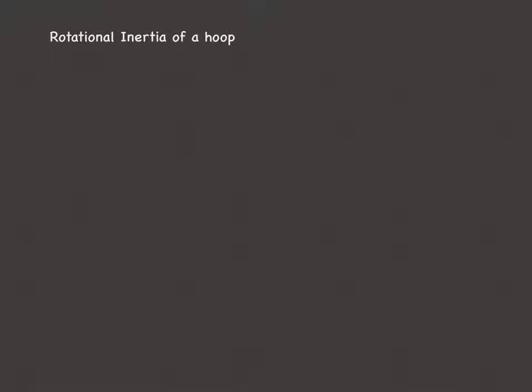All right, I just wanted to go through this moment of inertia, rotational inertia of a hoop. So if I have a particle here and a particle here, and we are rotating them about the center axis, and those particles are a distance r away from that rotational point. If we summed up all the mass at those distances,